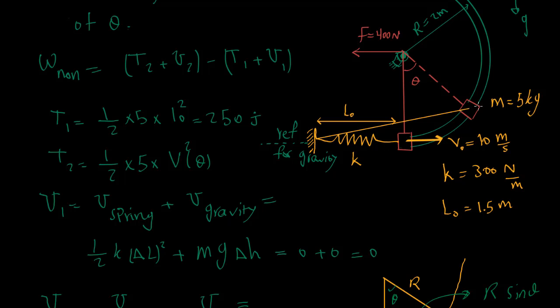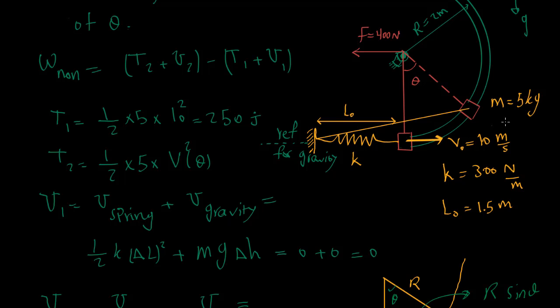Because the displacement is always tangent to the path here, this line, which is our force, is normal to the displacement. We know that when the force is always normal to the displacement during all this path,